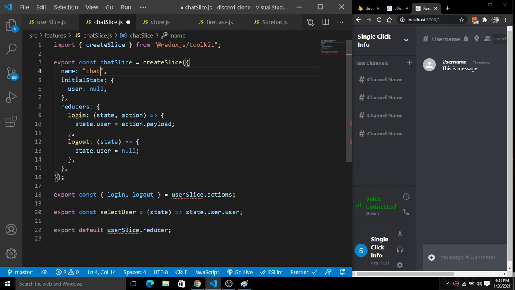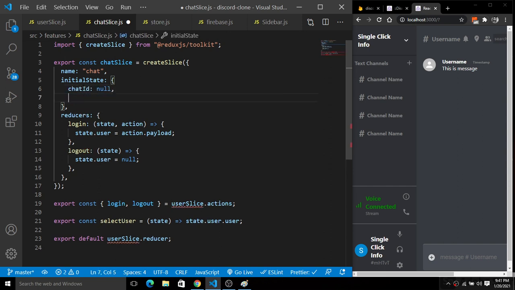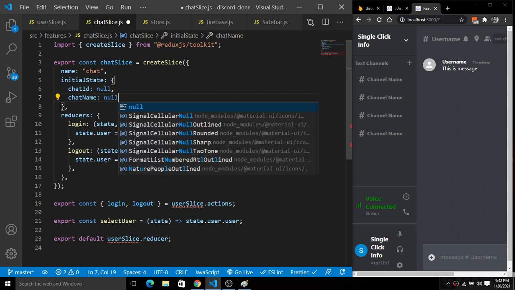Okay, so for the initial state, we will have two things. We will have a chat ID, and we will have a chat name. Fine, next we will have this reducer.